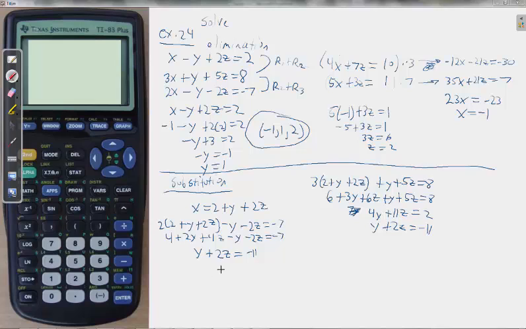Might as well do that by substitution as well. So y equals negative 2z minus 11. Take that and plug it in there: 4 times negative 2z minus 11 plus 11z equals 2. That's negative 8z minus 44 plus 11z equals 2. So that would be 3z equal